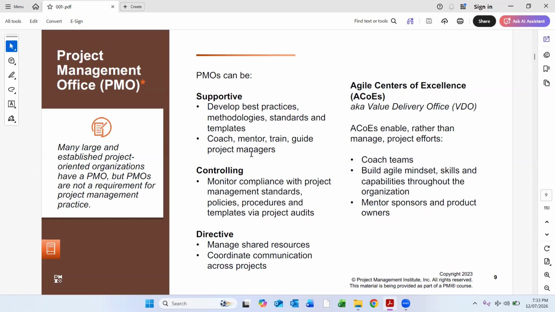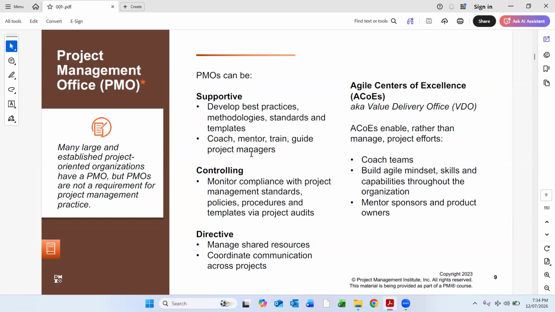So that is also iterative. They have cycles. In that they have an office called the Agile Center of Excellence, ACOE, or you can say Value Delivery Office. The Agile Center of Excellence enables rather than manages project efforts. They enable, and they coach the teams.